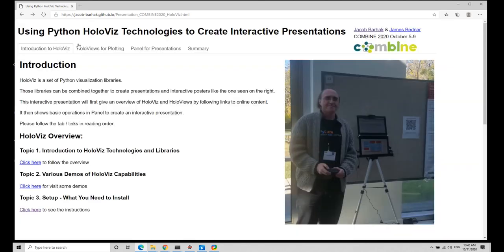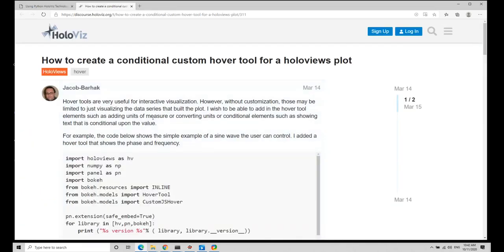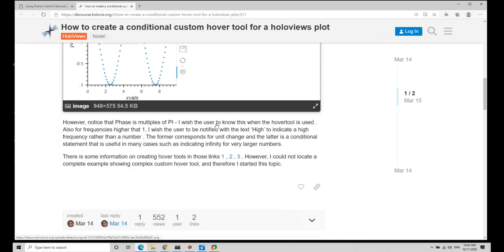However, you can do things that are more sophisticated. So this is a good time to tell you, HoloViz has a Discourse web page. You'll see it at the end, but there are a lot of questions you can ask there, and people put some tutorials. I put a tutorial on how to define interactive hover plots,